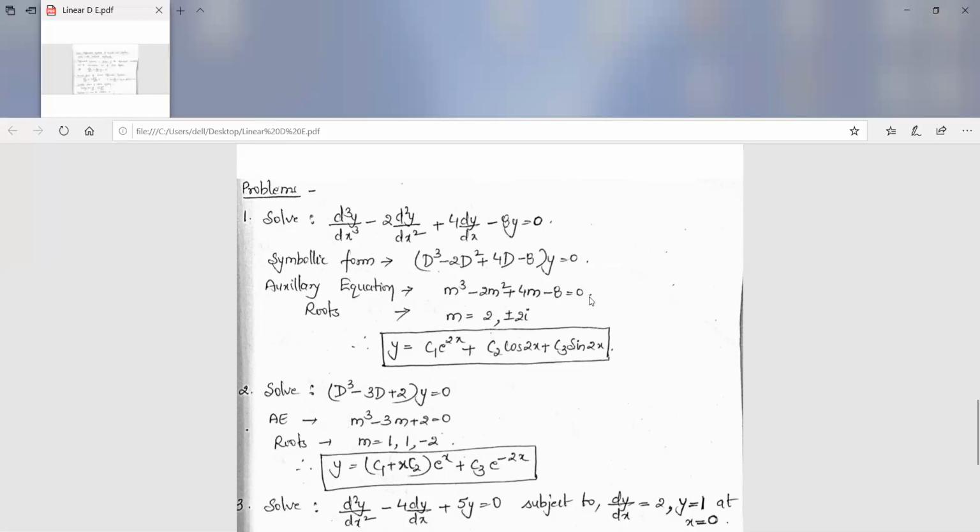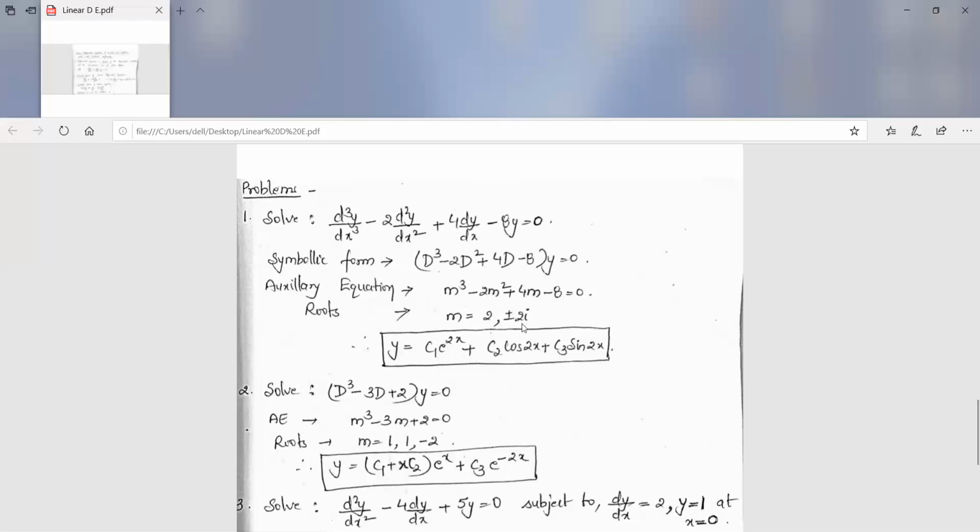Now we have two options to solve this equation. We can find the roots manually, or we can use the scientific calculator in equation mode. In equation mode, when we put it in, we can directly get these 3 roots. We can see one of the roots is 2, which is a real number, and the other pair of roots is a complex number, plus minus 2i. In this complex number, we don't have the real part. It contains only the imaginary part, which is 2.